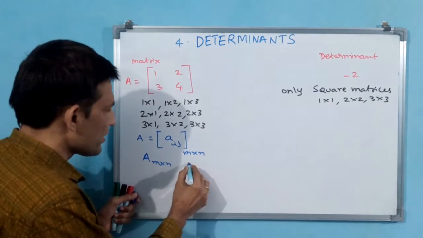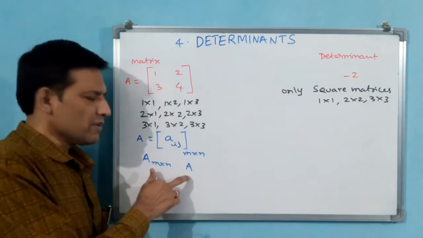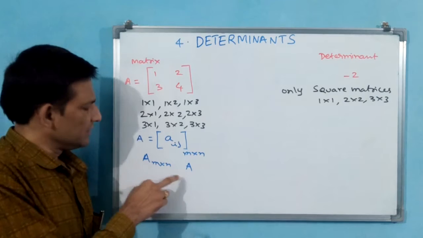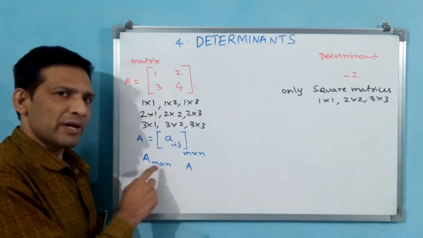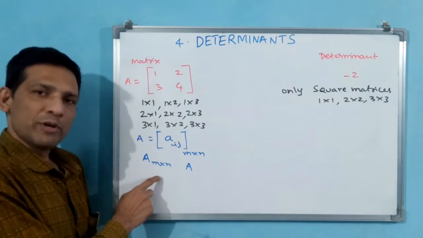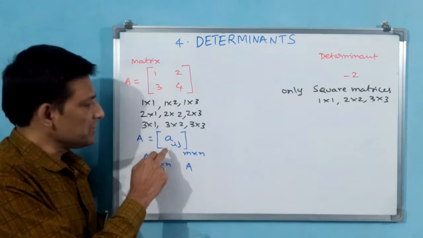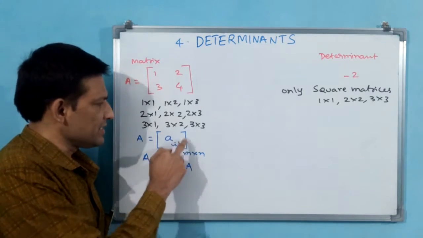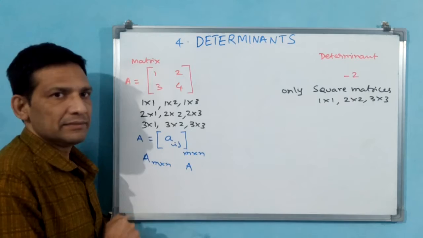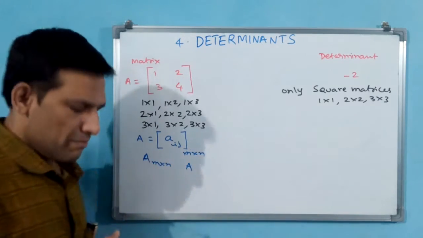Or else simply you can represent A. All are okay. Even if you write A also, that is a matrix. A with suffix m by n, actually m into n, but you have to call it m by n. This is also a matrix of m into n order. And like this also you can put. This is purely a technical representation, [aij] inside the bracket, m by n. See, such types of representation we will do in matrix.